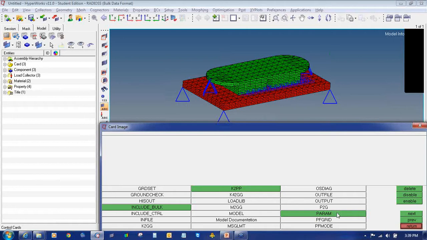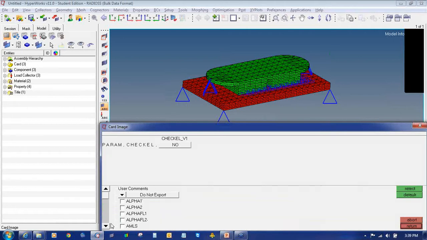Then click on param, go to G value, check the box of G, and in G V1 we will input the value as 0.2 as the structural damping coefficient. Then we will click return.